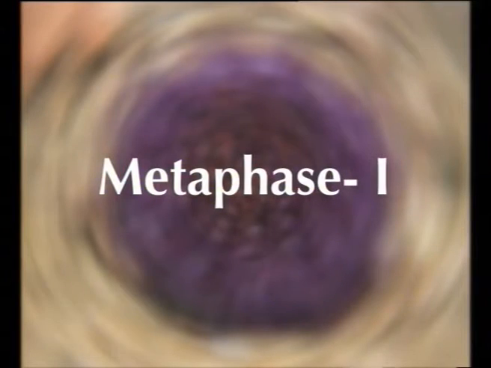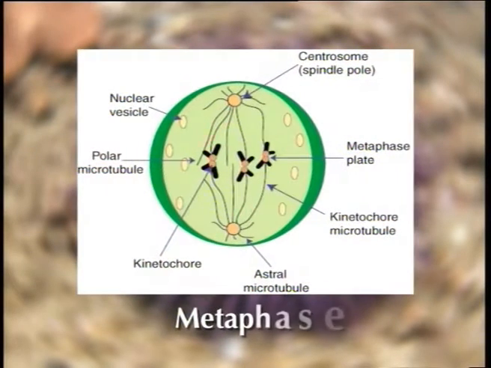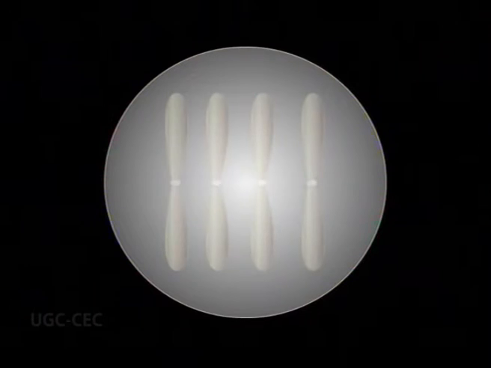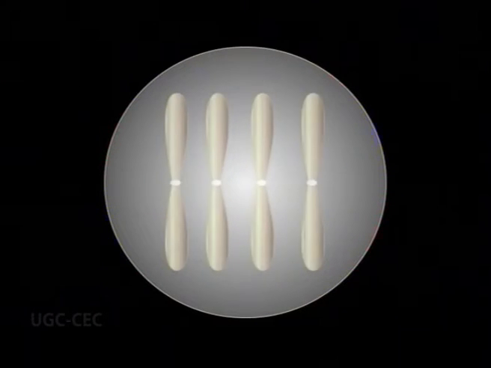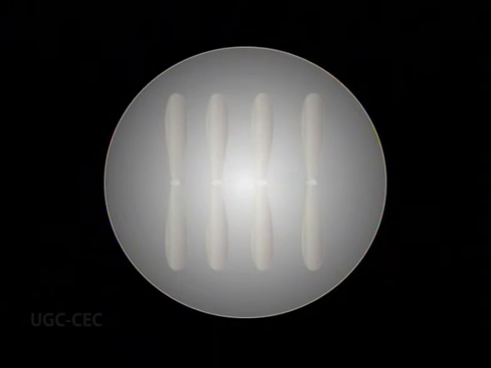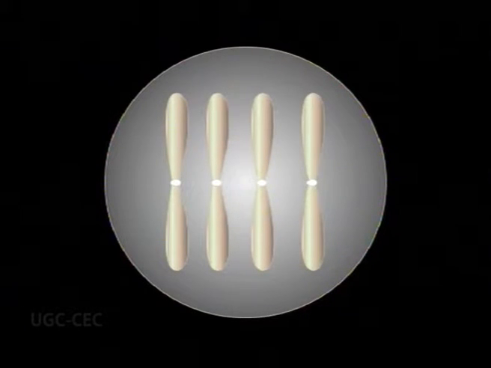Now, metaphase I. Homologous pairs move together along the metaphase plate. As kinetochore microtubules from both centrioles attach to their respective kinetochores, the homologous chromosomes align along an equatorial plane that